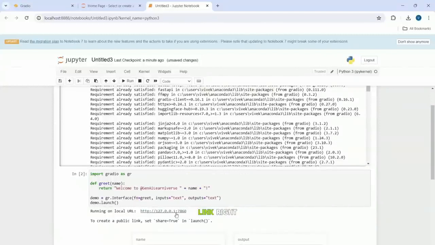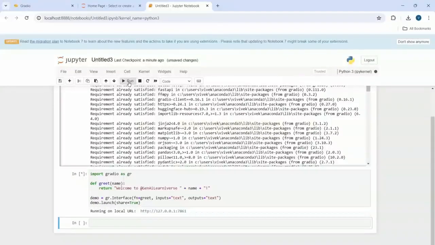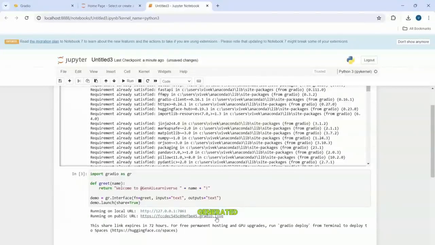And it has given me the link, right? As I mentioned earlier, Gradio allows you to share a link. Right now it's a local link, but I want a public link that I can share with anyone that we want. So what I can do is I'll just paste this share is equal to true. Okay, and I'll run this block again. So it might take some time, but you will be getting one link that you can share with anyone. So you see, this is the link that it generated that you can share with anyone, and it can be accessed publicly as well. For now, I'll just click the local link,